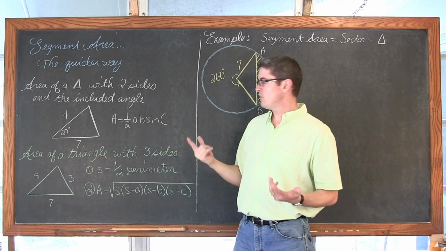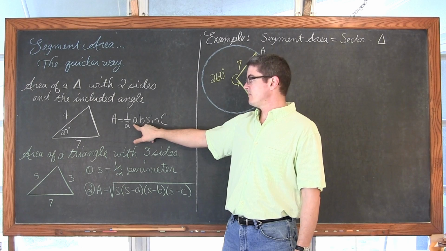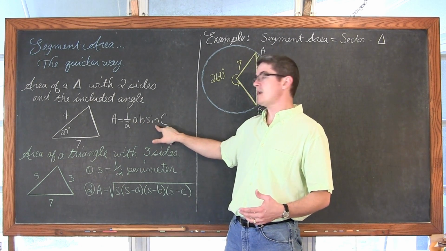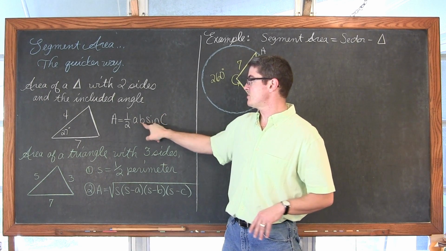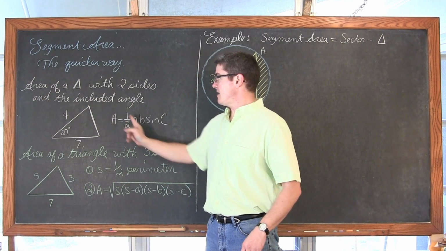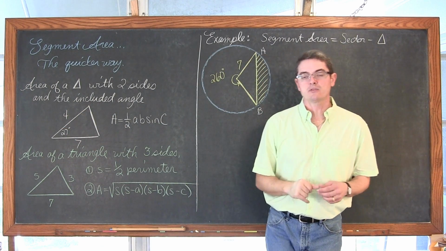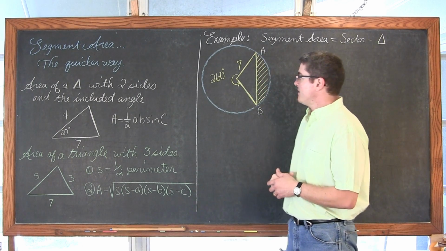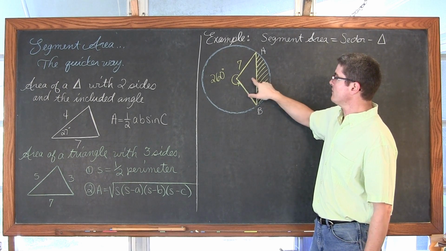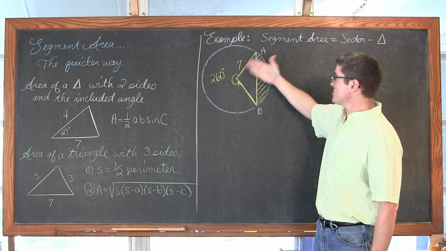So in words, it would be easier to say that the area of a triangle is equal to 1/2 multiplied by the two sides of the given triangle that you know times the sine of the included angle, the angle that these two sides help to make. So the area of this triangle would be 1/2 times 4 times 7 times the sine of 27, and just make sure your calculator's in degree mode, and there's your answer. That saves me, for questions like this, like I did in the previous video, going through all of the work of finding not only the height of the triangle, but the base, because in this triangle I don't know either one.